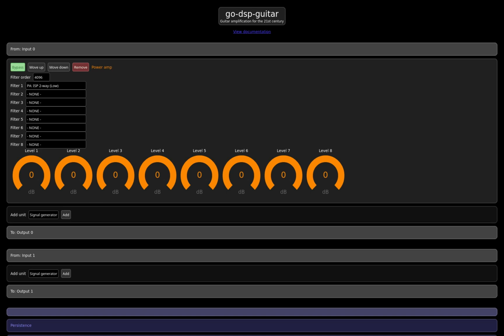So that's that, and then of course we could also add a power amp simulation to that. I mean, that's not how it's supposed to be used, but let's see how that sounds. Okay. So it seems to get the signal a bit hotter for that.